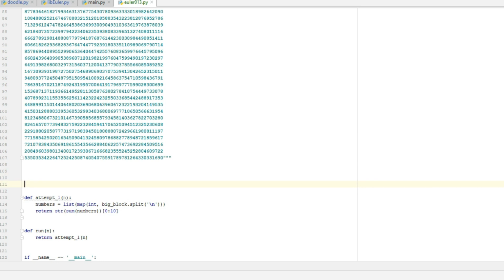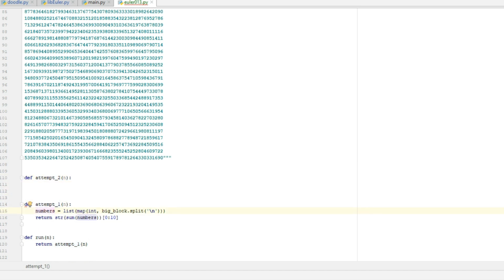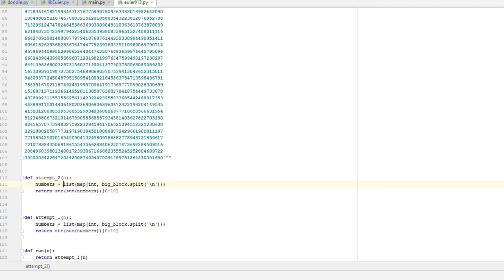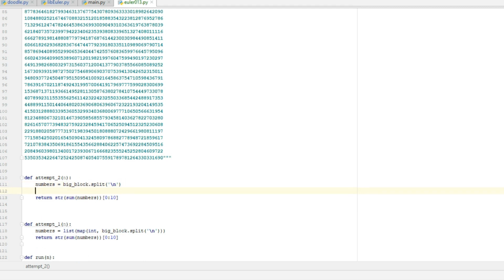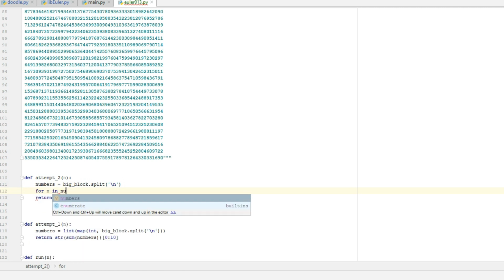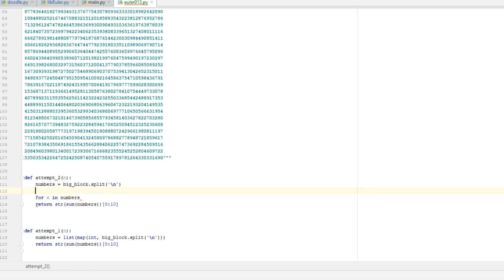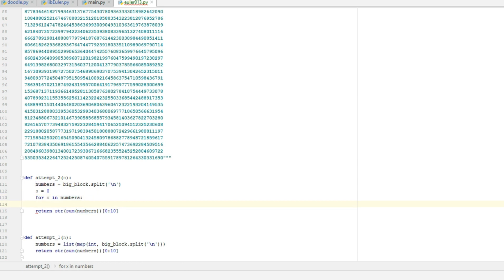Now I've researched this problem a little bit. I thought, am I missing something? This is just too easy. And I came across a couple of people using solutions that were slightly different in that they made the numbers, though we didn't map them to int yet. So let's undo that bit. Then it did something along these lines,